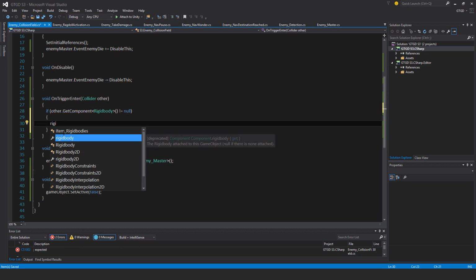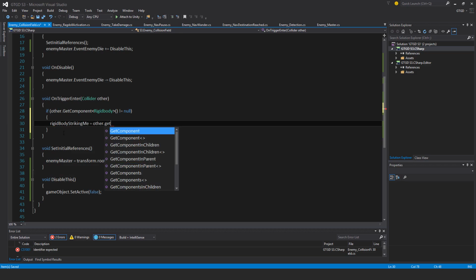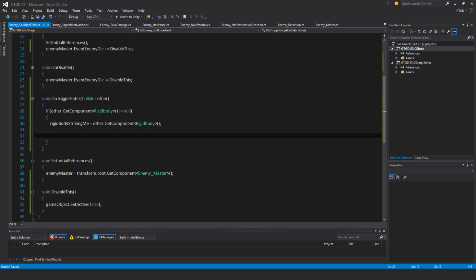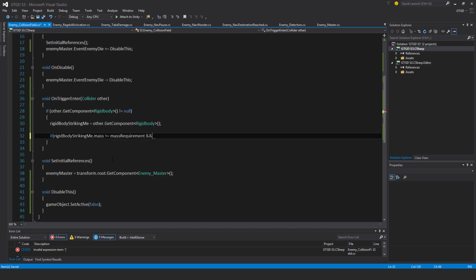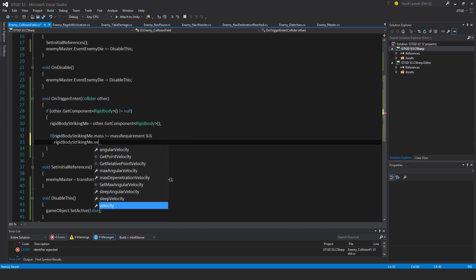So rigid body striking me is equal to other dot get component rigid body. If rigid body striking me dot mass is greater than or equal to mass requirement, so it needs to be heavy enough to do damage, and rigid body striking me dot velocity